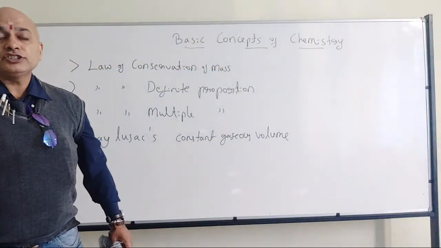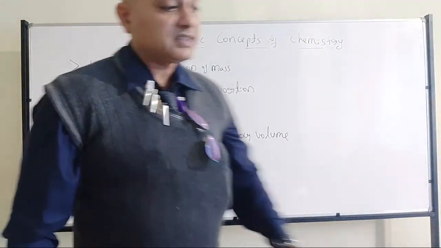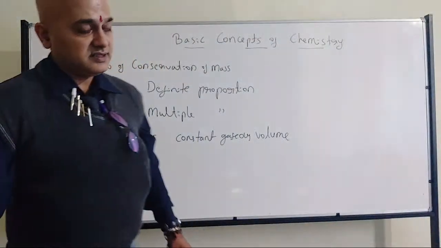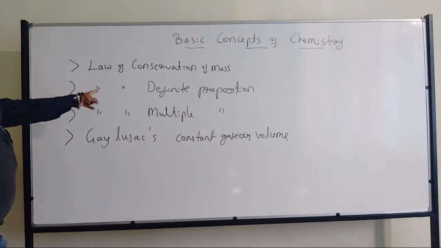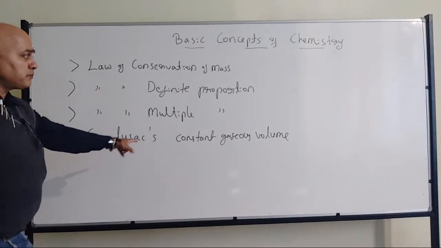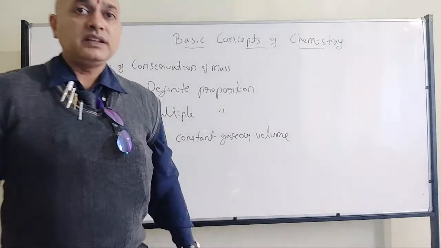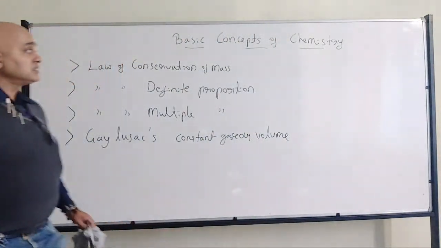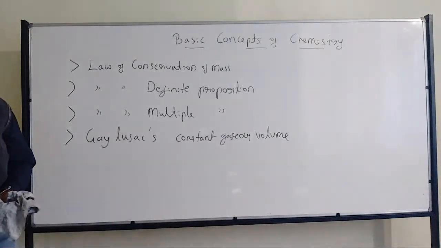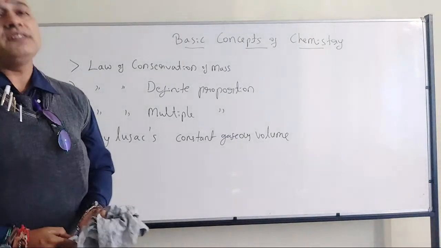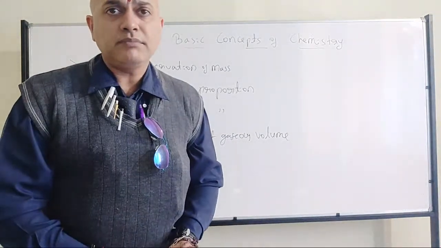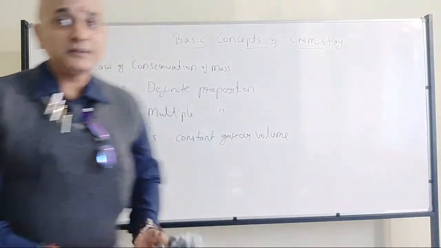All of you have understood? So that's what we have discussed in the last class: law of definite proportion by weight, law of definite proportion by volume. These are some of the laws we have discussed in the last class. Very, very important ones, all of them. Anyone can ask about them.